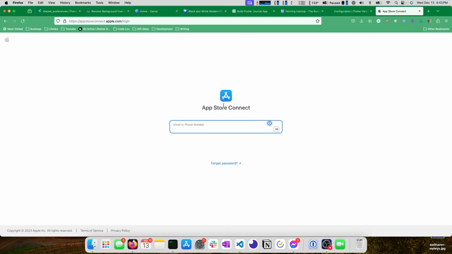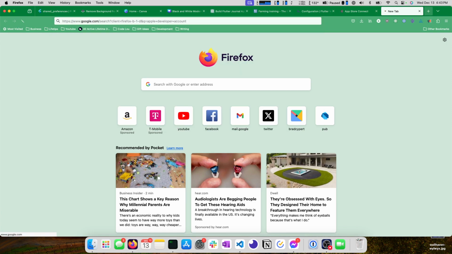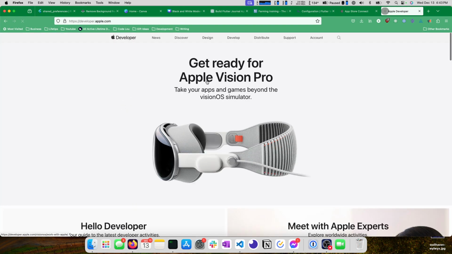Okay. So this is a site called App Store Connect. This is where you will go to actually deploy your application. Before you do that, you have to set up an Apple developer account. So if you go to developer.apple.com,